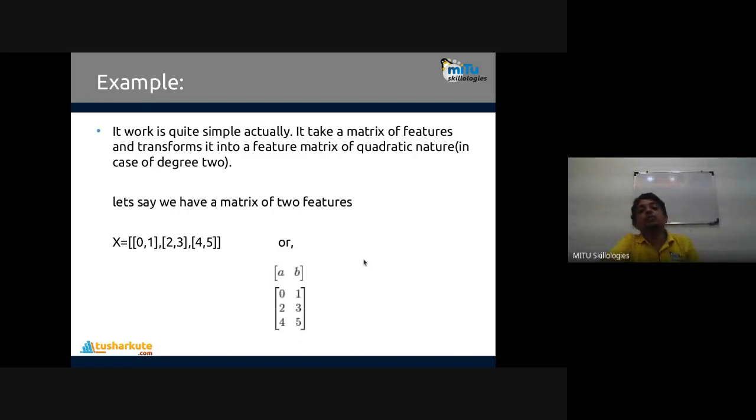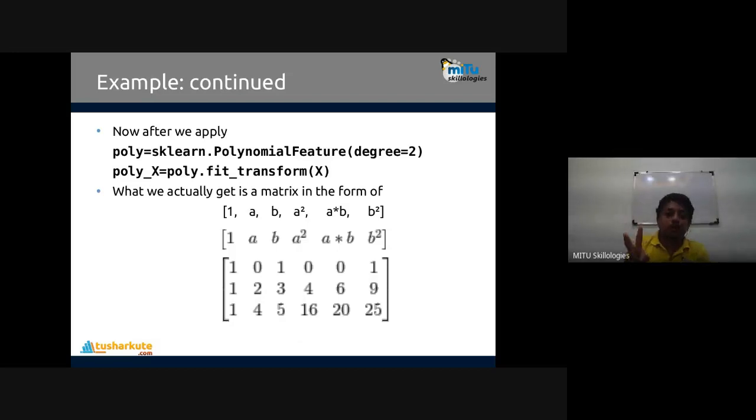Now I want to perform polynomial regression. So I have to convert this x data into an nth degree polynomial, for example a second degree polynomial, degree 2. I'll show you how exactly it is done.